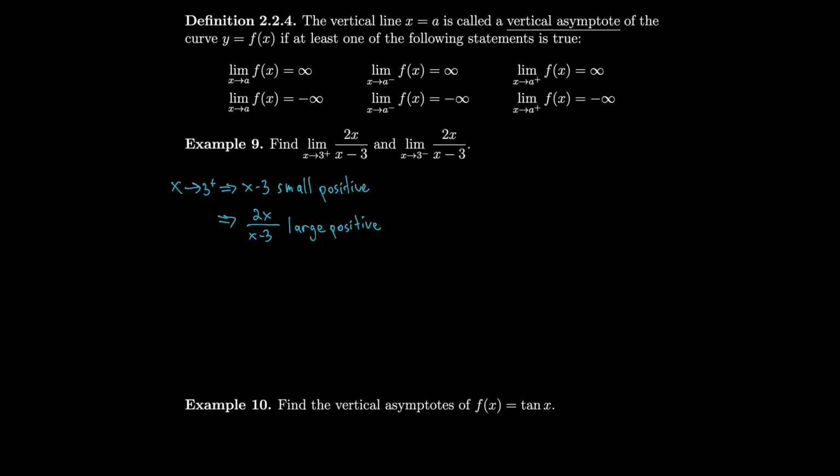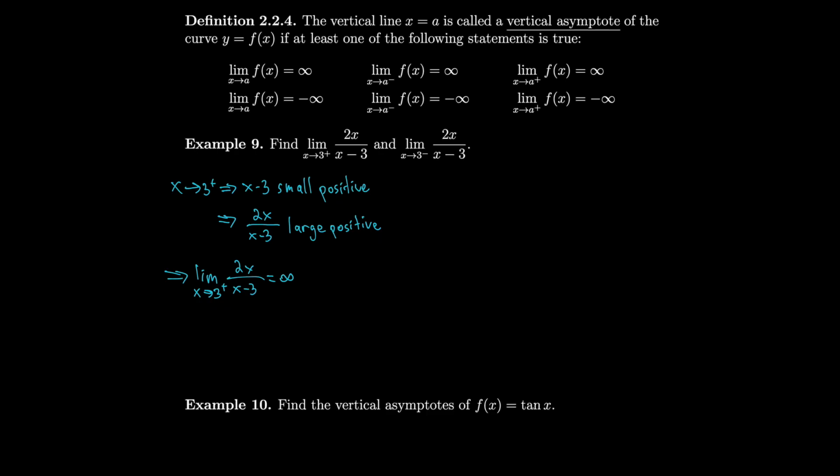Okay, so that means that the closer we get to 3, the larger positive this thing gets. So that means that the limit as x approaches 3 from the right of 2x over x minus 3 equals infinity. Okay, so that means that we have a vertical asymptote at x equals 3, because we only need a single